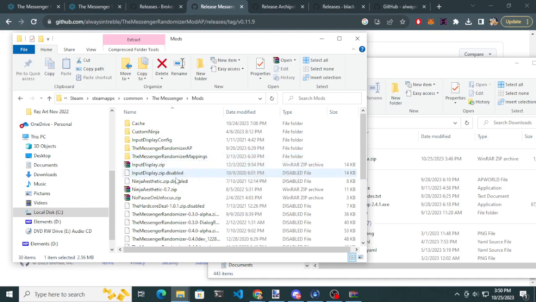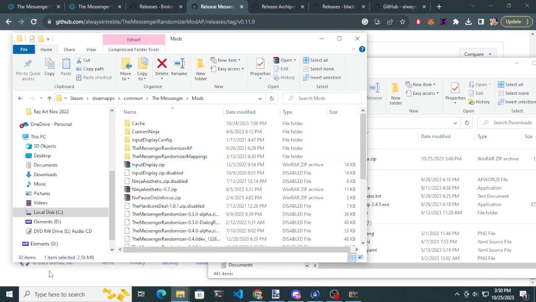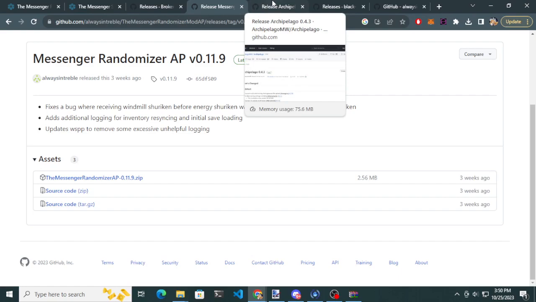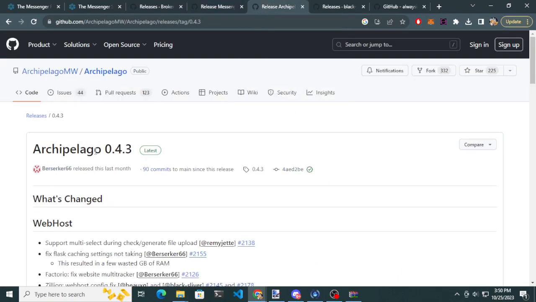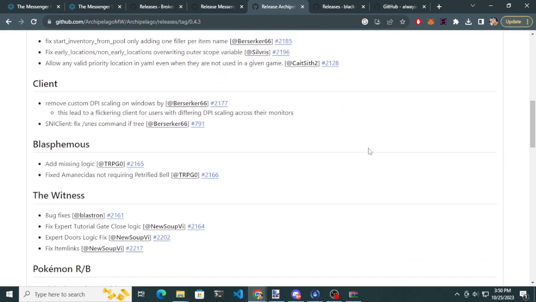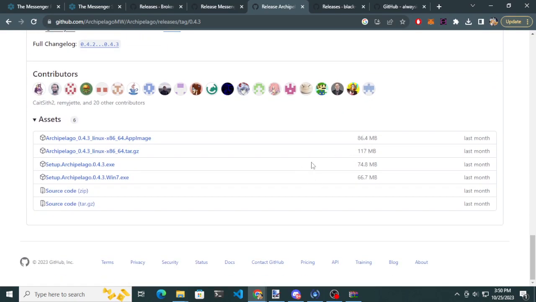Anyways, after that, well, you're pretty much set. You can launch the game after that. But there are some additional things you can download. You can download the latest version of Archipelago, if you would like. This is basically so you can get the text client, which is a lot more convenient than the in-game text client in Messenger. So I would recommend you download the setup,